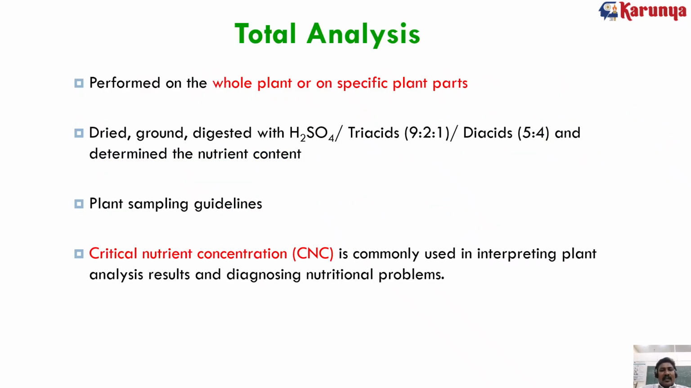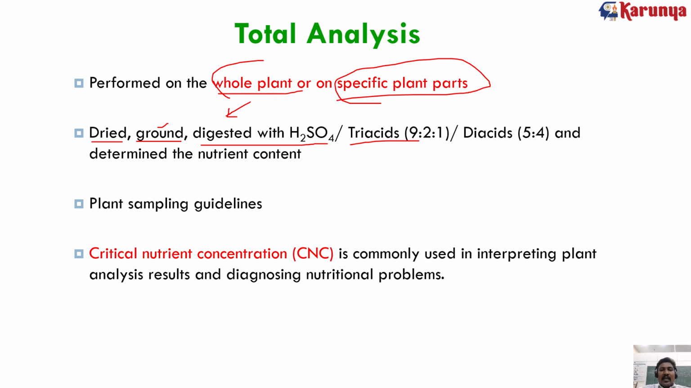The next analysis is total analysis, performed on the whole plant or on specific plant parts. The whole plant you have to collect from the field. This plant is brought into the laboratory, and it will be washed for any sand material or any polluted dust material. If it is there, it has to be washed in running tap water. Then it will be allowed for shade drying, then converted into a fine particle by grinding, then digested with sulfuric acid,